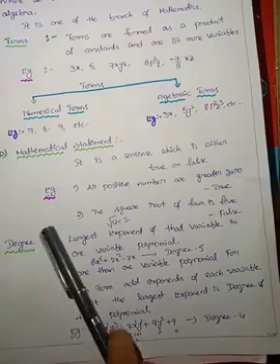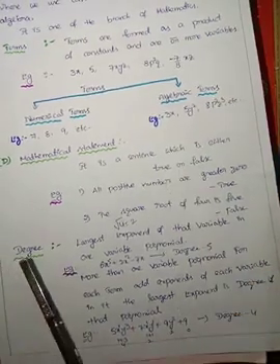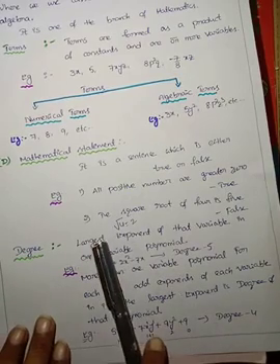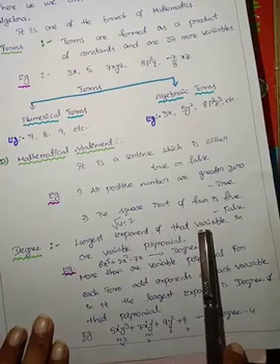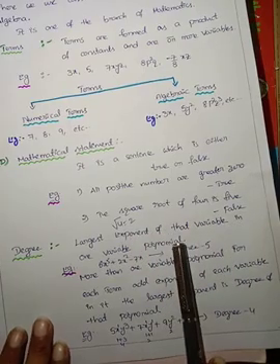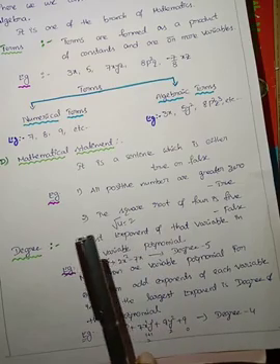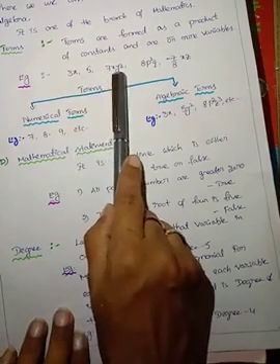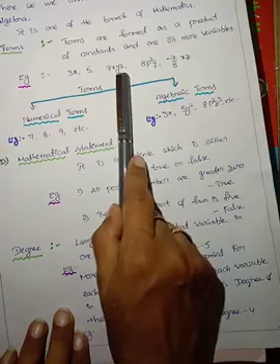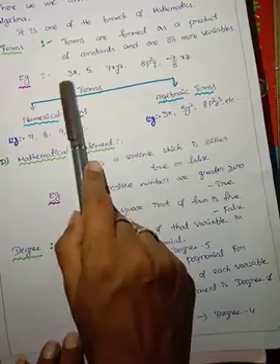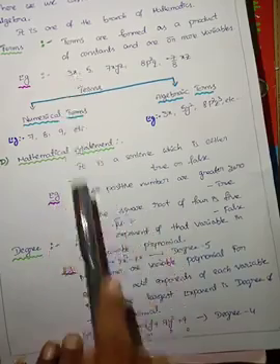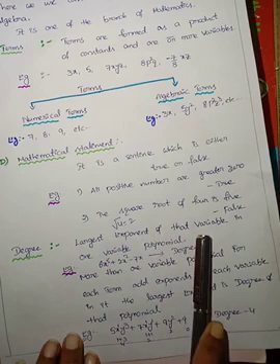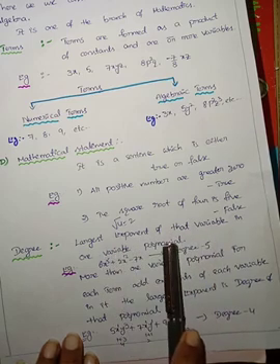Now we have to know about another word, that is degree. What is the degree? It is the largest exponent of the variable in a one variable polynomial. If we take a one variable polynomial, here 3x is a one variable polynomial. 7xyz is not a one variable polynomial because x, y, z are 3 variables.